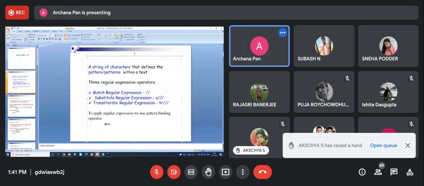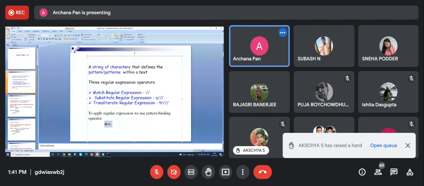And another important thing is that to apply all of these, we need the binding operator. I will give some examples, you will understand. So the match operator, s operator, and tr operator.